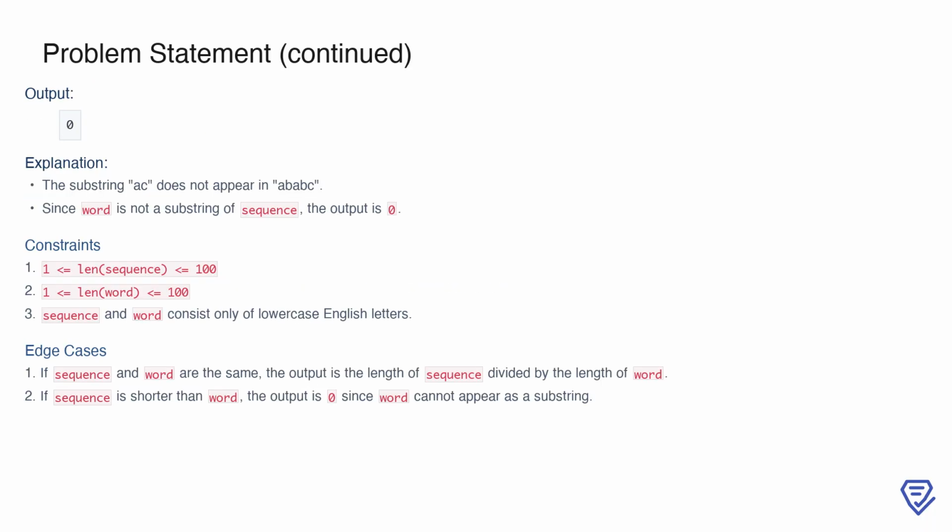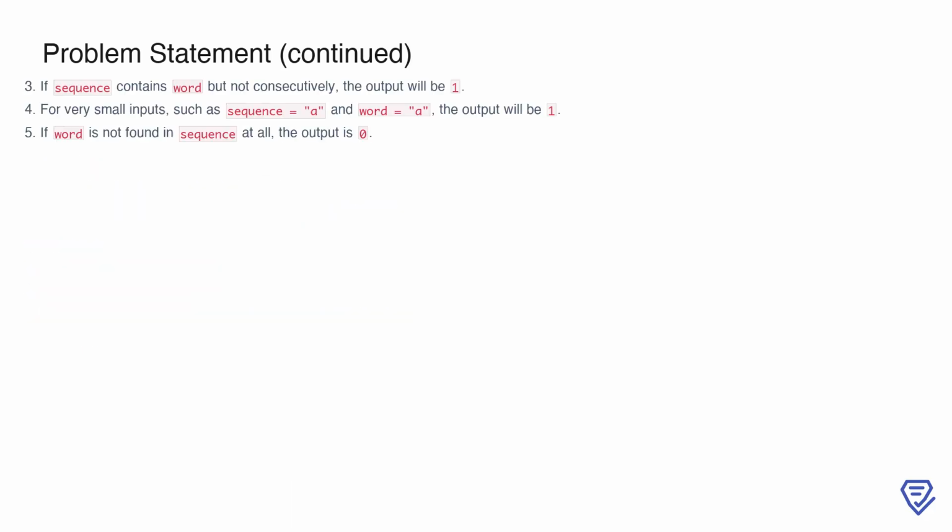In another scenario, let's say sequence is still ababc, but now word is ac. Here, the substring ac does not appear at all in sequence. When word isn't present in sequence, the maximum value of k is simply 0. This case highlights that if word cannot be found in sequence, no repetitions are possible, and the output should reflect this by returning 0. To summarize, the constraints of the problem ensure that sequence and word are both non-empty strings